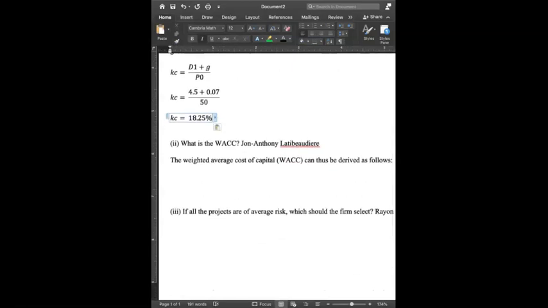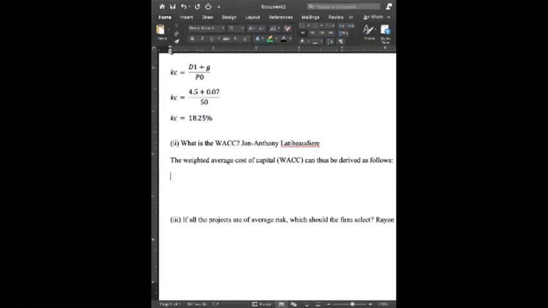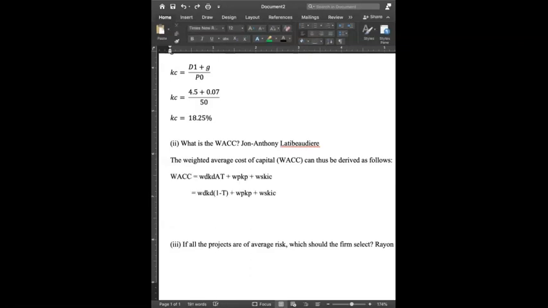So we'll now move on to part 2. Alright, so for the WACC, we have the debt, which is 15%, times the after tax, which is 0.09,